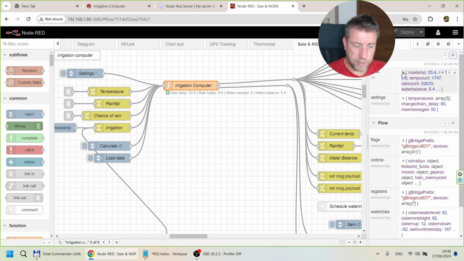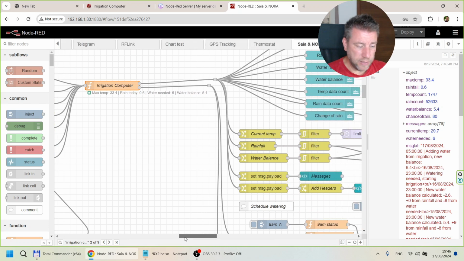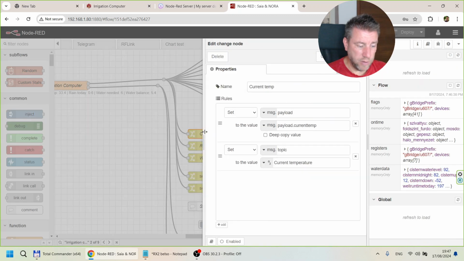this structure, data. So again, it's more or less a flat object with the exception of the messages. So max temp, rainfall, and so on. All this comes out at the same time. So what I'm doing here is just putting each of these variables